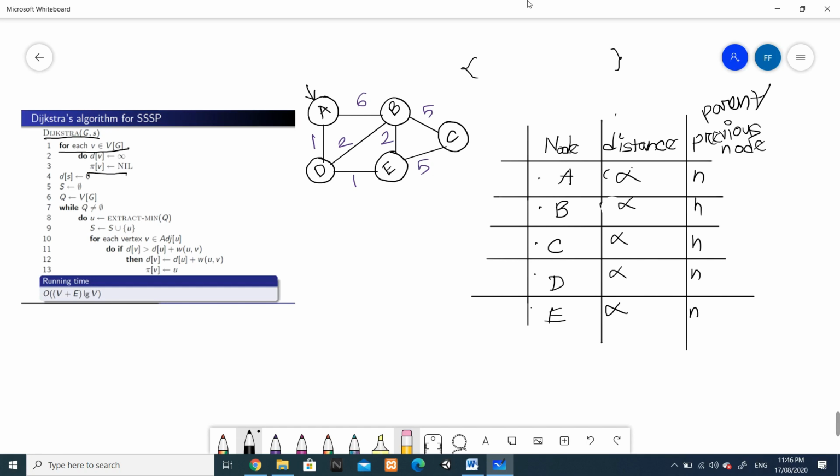Now I've set the distance of S to 0, so let's make it 0. Distance of S is 0. We have initialized a set S, which, sorry, is not infinity, it's null. S is null. Here we can see a null set, and we have initialized a queue. In that queue we enqueued all the vertices,